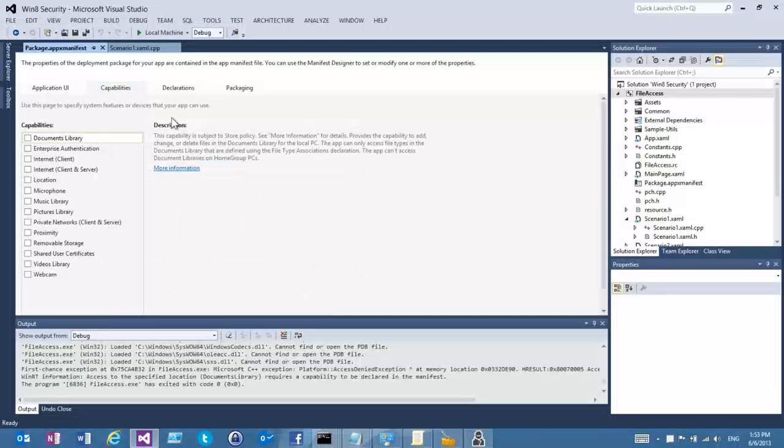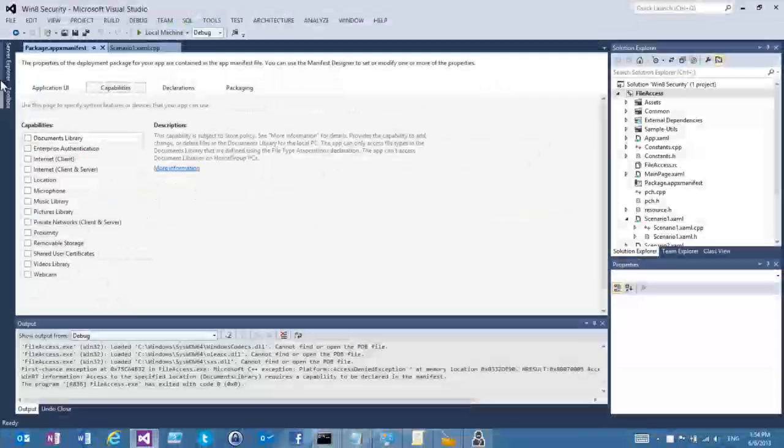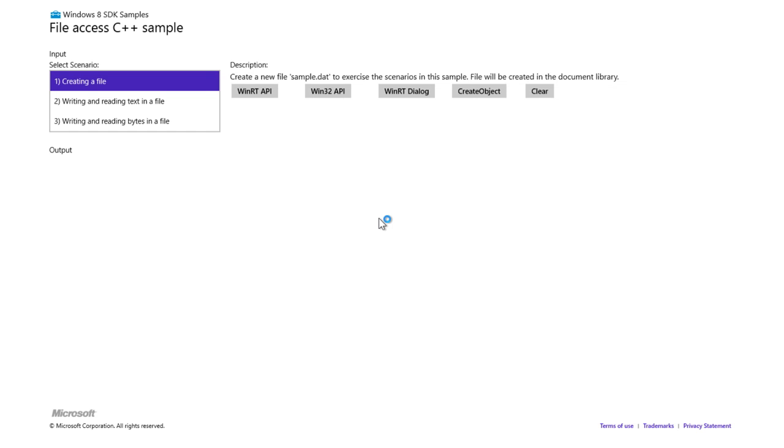With every application, you define a series of capabilities that end up being represented in the token for that process, saying you're allowed to do this. You also see this in the store. This app will have the ability to do these things that are outside of the normal sandbox that we tie things into. So if I were to give this one access to the document library and then rebuild it, then when I try to create it, it would be allowed.